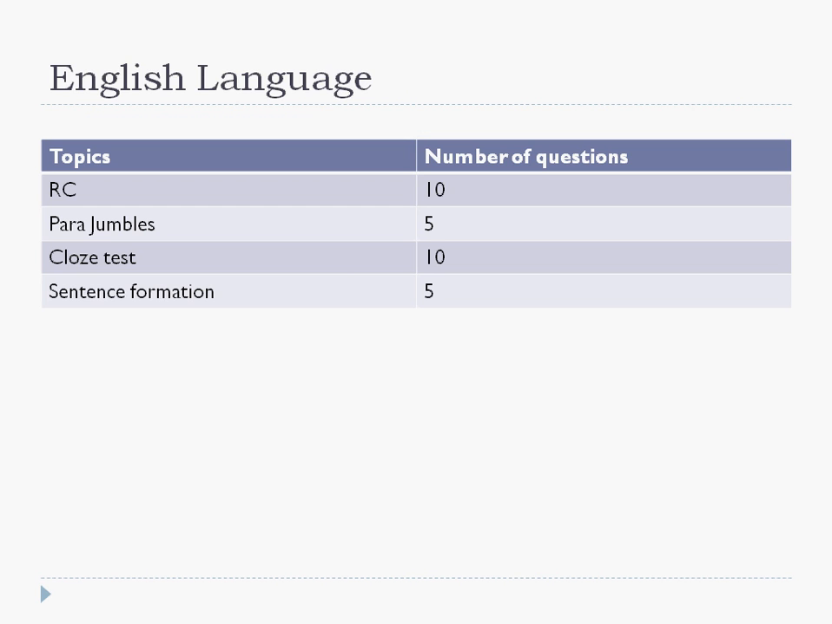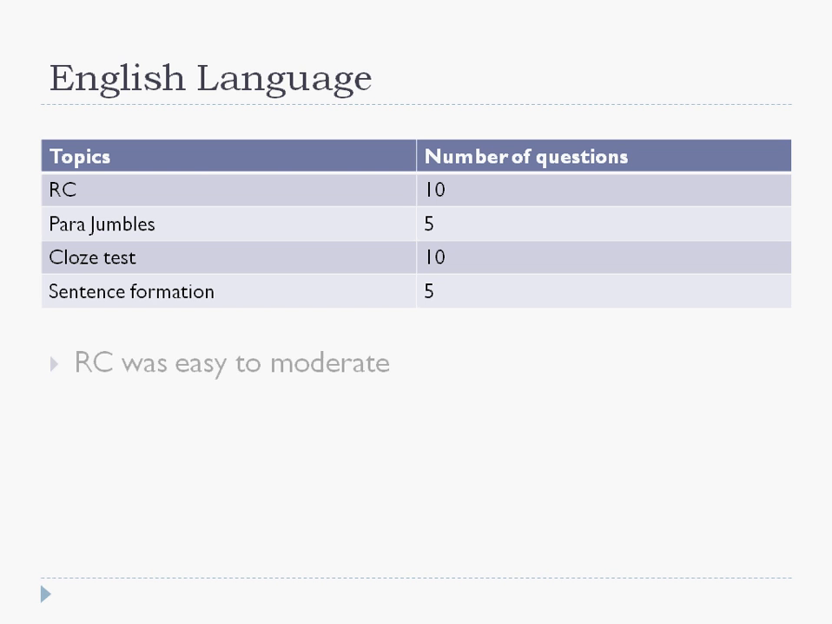English language, 4 topics: reading comprehension 10 marks, para jumbles 5, cloze test 10, sentence formation 5. So you can see that para jumbles and cloze test together, reading comprehension and cloze test together, formed around 2/3 of the paper, right? If you can master these two sections, you would be very easily able to clear